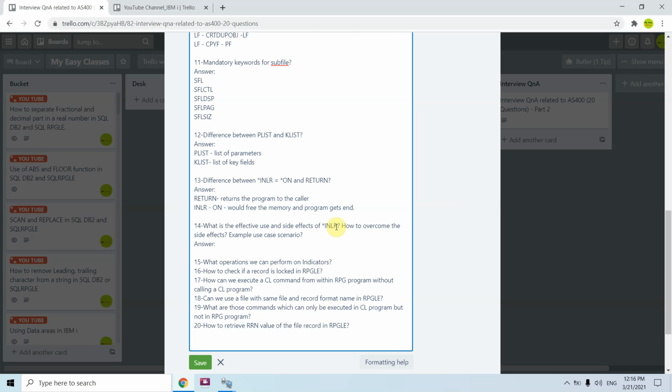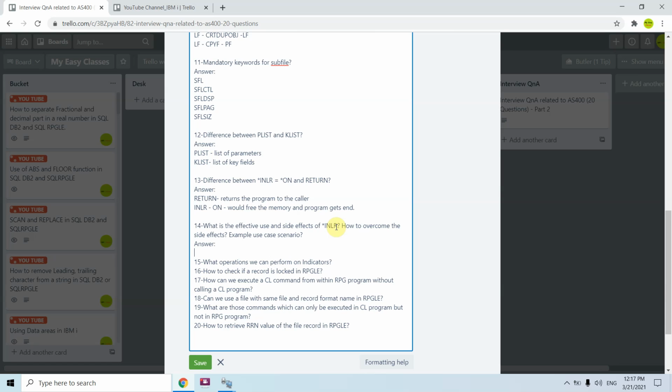We basically always use INLR set to on, so we don't know why we are using that. We don't know the exact purpose of that. I'm not talking about all of us, but some people who are, say, beginners. So let me conclude this.